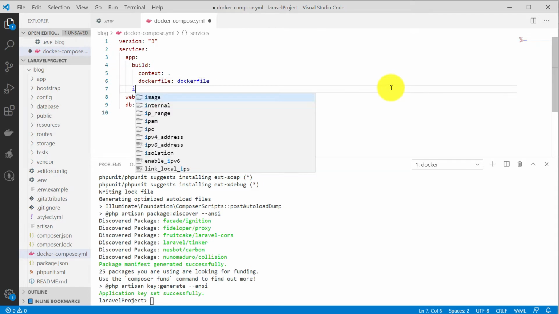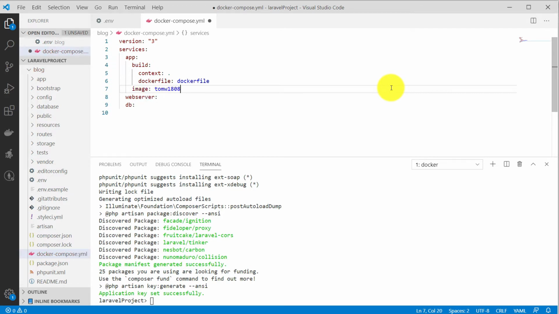All right, we are going to produce an image, and I'm going to call this my Laravel project, and we are going to give this container a name, app,